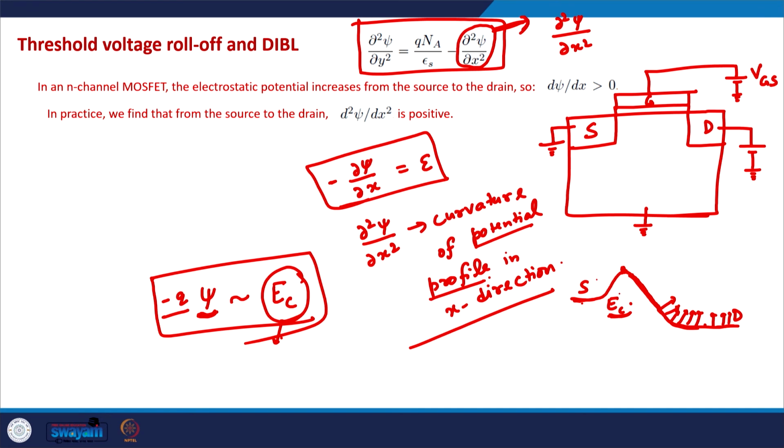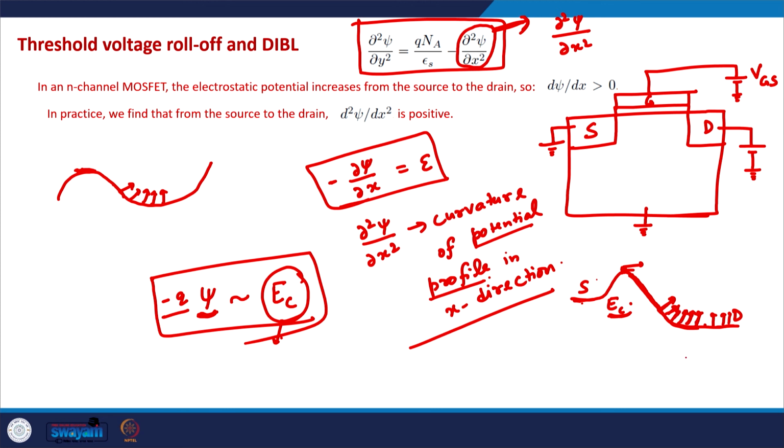If you are not familiar with the notion of curvature, generally what happens is, if there is a plot like this, the curvature is positive, because if we do the second derivative it turns out to be a positive value, and in this kind of relationship the curvature at these points is negative. In the channel, the electron injection is assumed to be starting from this point, and from this point onwards the curvature is negative for this